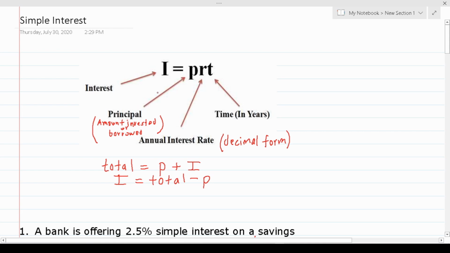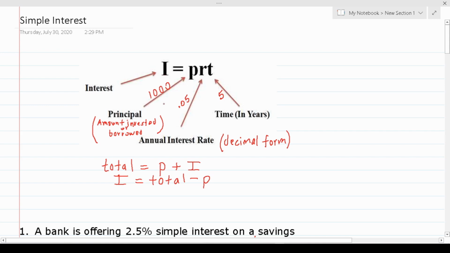So for example, let's say I had $1,000 I wanted to invest. Let's say the bank said they'll give me 5% on my investment. So we would express that in decimal form as 0.05. Let's say I was interested in figuring out how much money I would earn on that investment after 5 years. By taking 1,000, which is my principal, and 5%, which is my rate, and 5, which is the time I'm going to invest this money, and multiplying them all together,